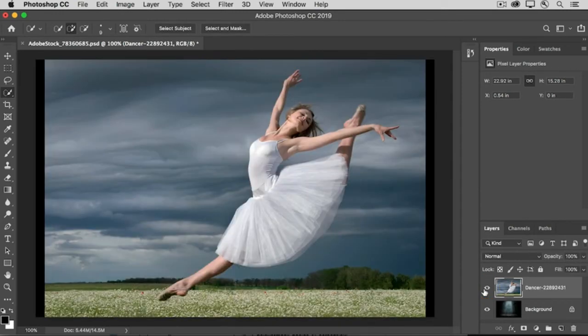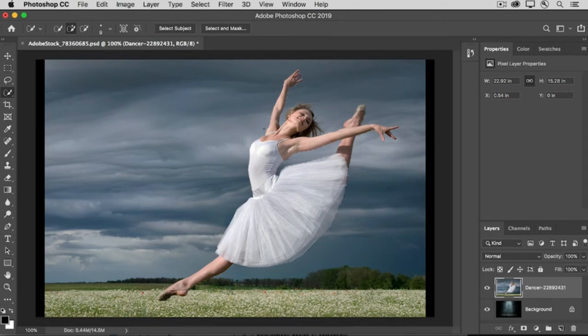Let's hide the outdoors so we can put the dancer on the indoor stage. And we'll use a layer mask to do that. Now, because this is a relatively complex subject, the best way to start that layer mask is with a selection. If you're following along, try using the Quick Selection tool to make a rough selection of the dancer. I've already made that selection and I've saved it, so I'm just going to load it in to save time